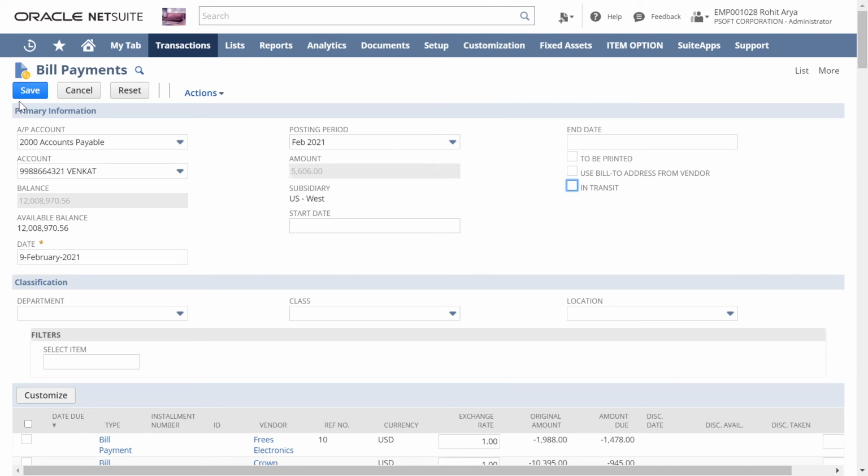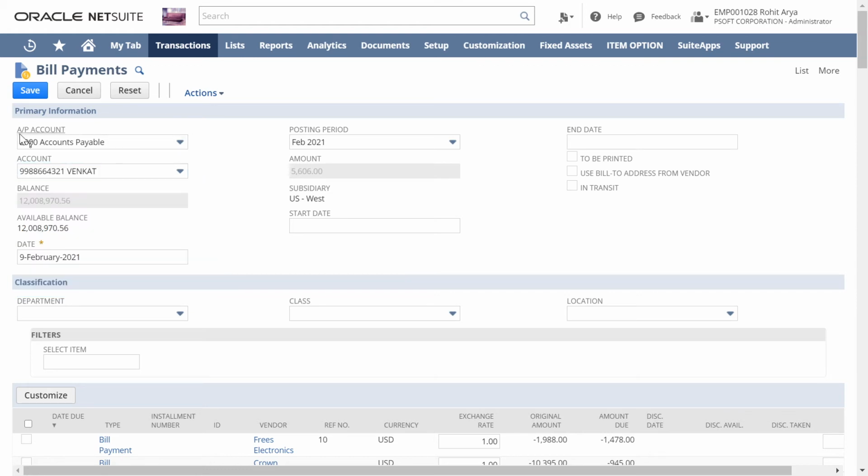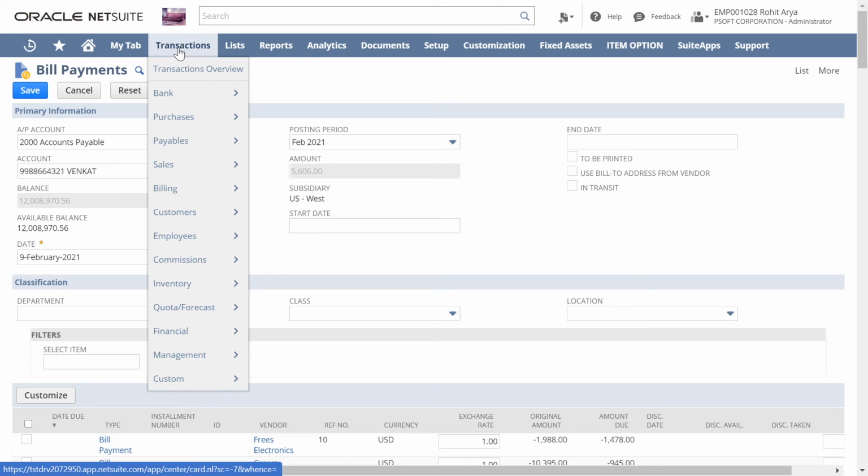By clicking on the Save tab, you can release the payments and we will mention the current account. If your company has more than one, you can select the one from which the payment has to be made. Under which accounts payable the payment has to be done, you can select from here and we will click the Save button. I will not be clicking the Save button, as in this video we will be seeing how to make a payment for a single invoice.